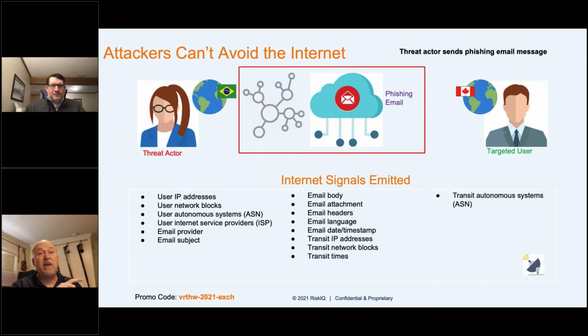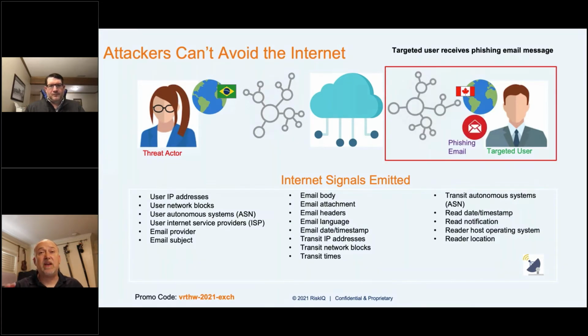And when they send it, we get all those transit IP blocks, autonomous systems that they go through, and then it gets to the end user. And then the end user, they know when it was read. They can have an HTML that will link back to the threat actor so they can run some fingerprinting stuff. They can understand the host, the geolocation, all that information. So these are all the types of signals that are out there. But unless you're collecting them and unless you understand what's happening, you don't know what's occurring. So you have to be aware of this.